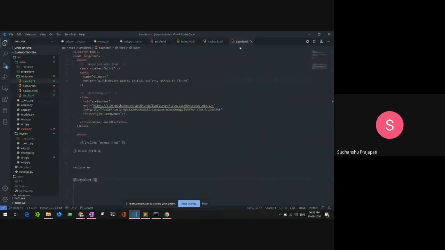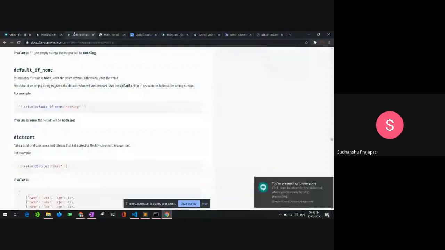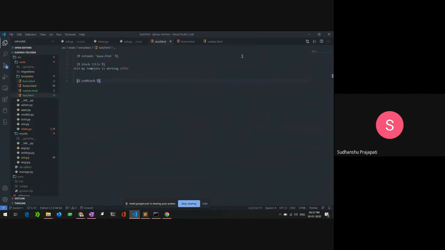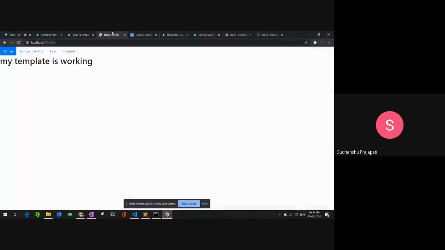If not, you can go to the Django project website, sorry, is it .com, and read about the templating engine, and you will get to know all the theory behind it. I can't explain all the basic necessity and the things that are happening with this part, because you don't need to worry about that much. You just need to work around these things, how to change the content, how to replace the content.